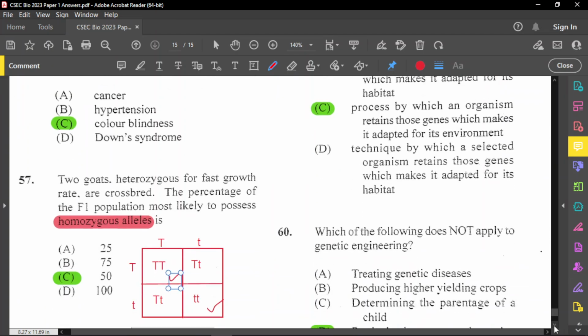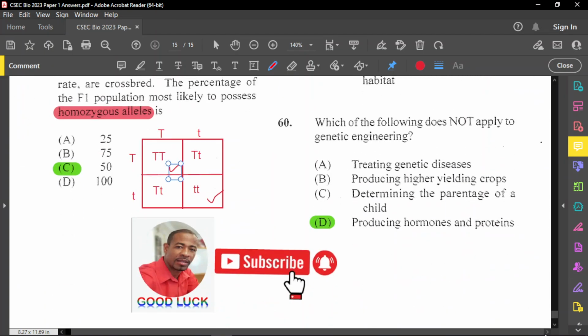All right. And so the final question, they said, which of the following does not apply to genetic engineering? Producing hormones and proteins, that's not genetic engineering at all. But treating genetic diseases, definitely. Producing higher yielding crops, because you have GMOs, genetically modified organisms. Yep. And determining the parentage of a child, definitely you have to do genetic engineering to determine that. And so we have the final